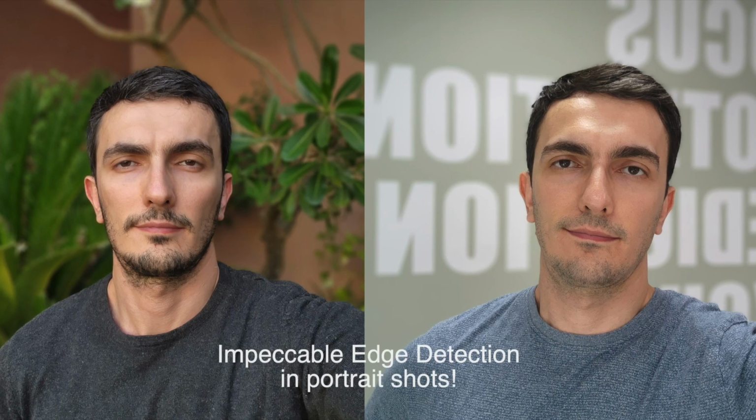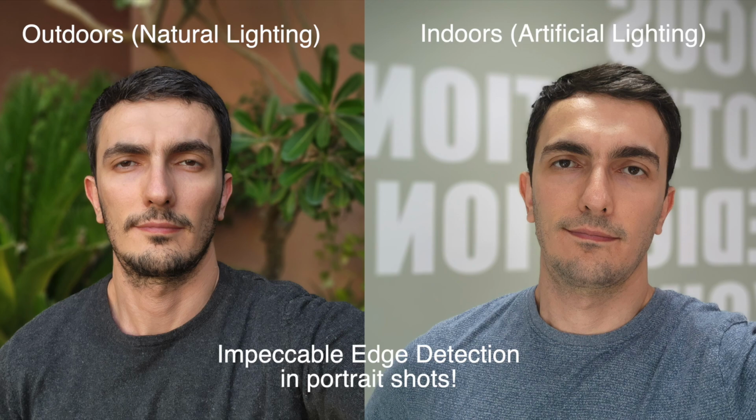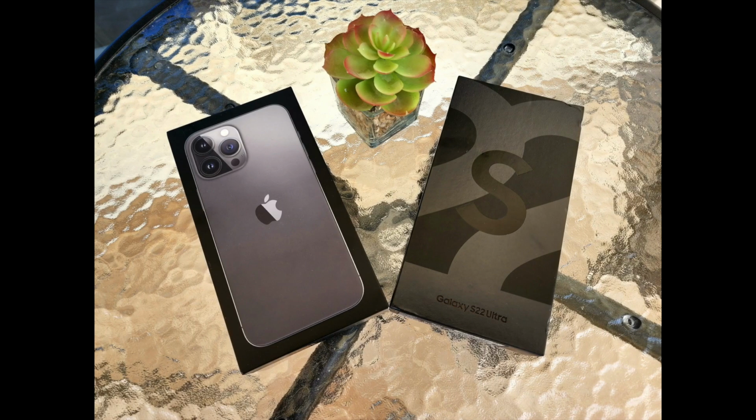The camera can snap incredible selfies, but what captured my attention the most was the enhanced edge detection. Look at these pictures and you can see the camera did an excellent job, whether indoors or outdoors. The results are excellent. I'm going to do a comparison with the iPhone 13 Pro Max, but before I do